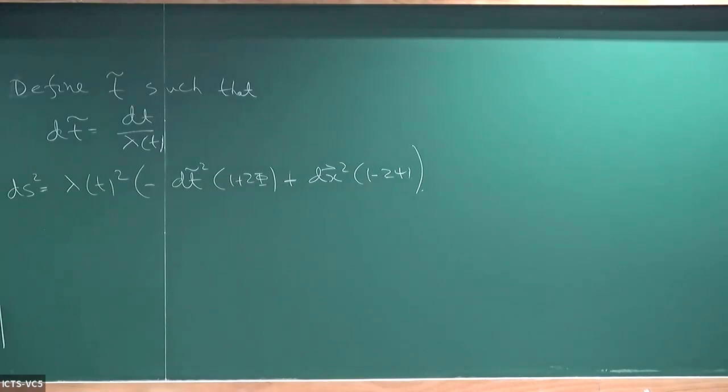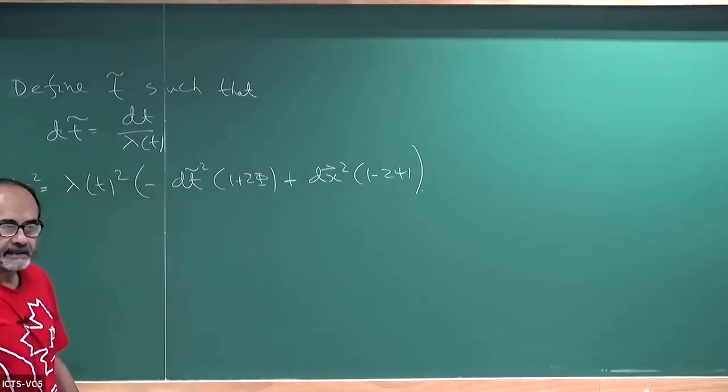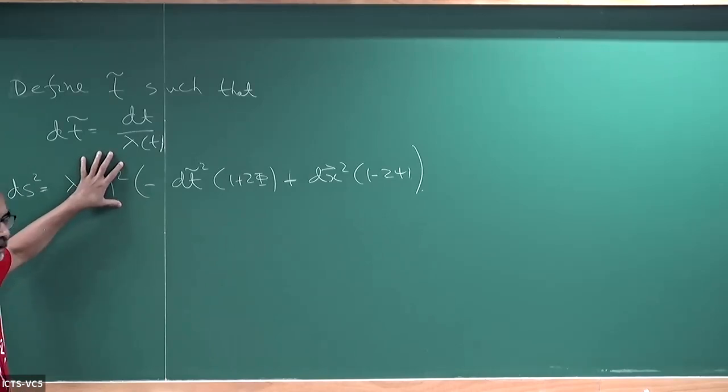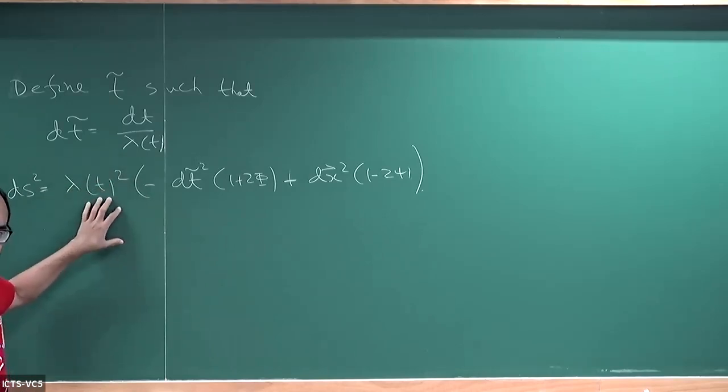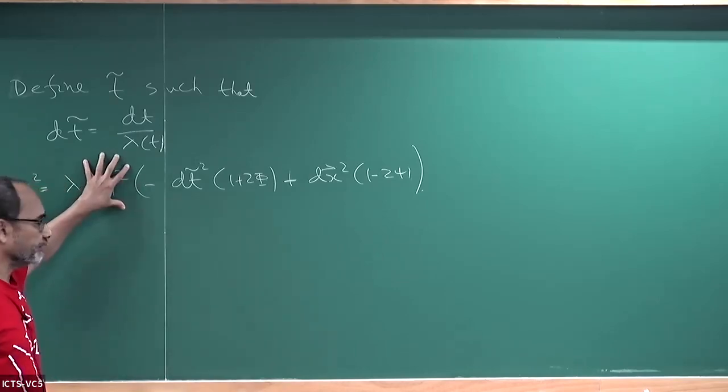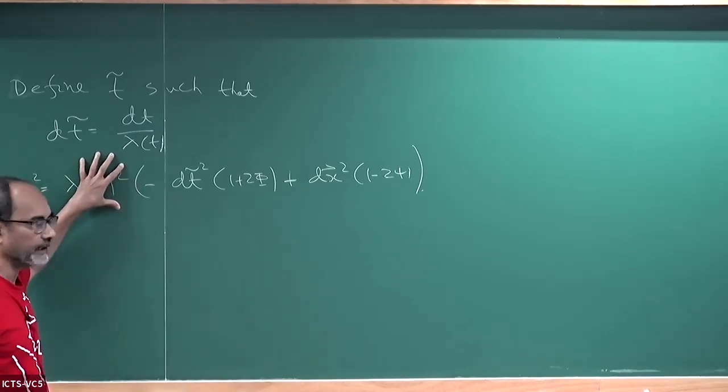Now, what one can show, and this I will not prove, is that the null geodesics in this metric are the same as the null geodesics in the metric without this. This is what is called a conformal factor. It's an overall multiplicative factor. And what one can show is the null geodesics don't change under conformal transformation, right? So even if you multiply the metric by lambda t squared, null geodesics remain the same. So as far as null geodesics are concerned, we can pretend as if the photon is moving in